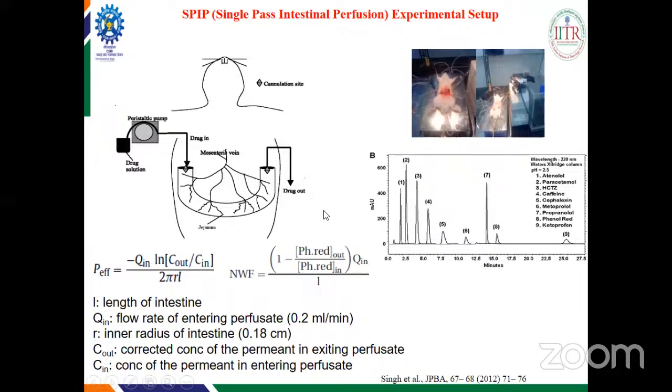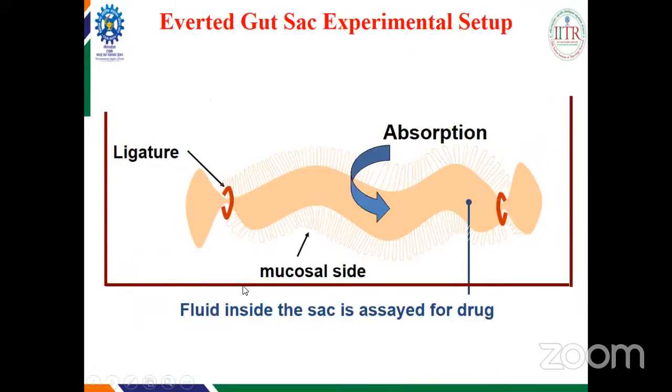The difference in the concentration, in versus out, will help you calculate the permeability of the molecule by using this simple equation. This is another example which I told you about, the everted gut model. This is the difference between in situ and this one. In situ, the animal was intact, only anesthetized and surgery was done,